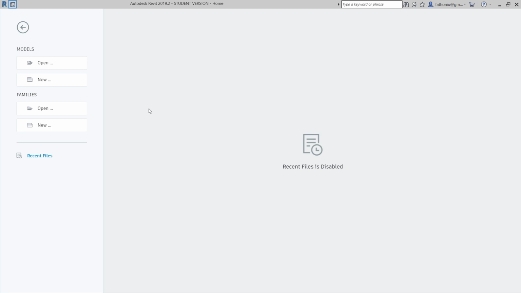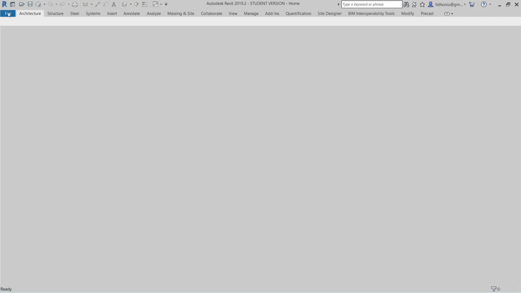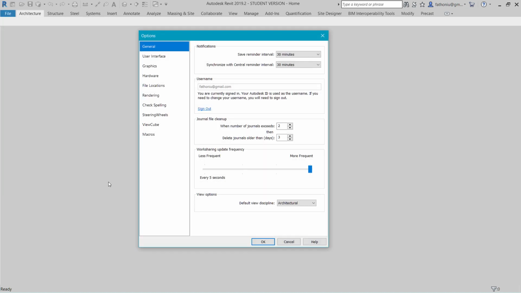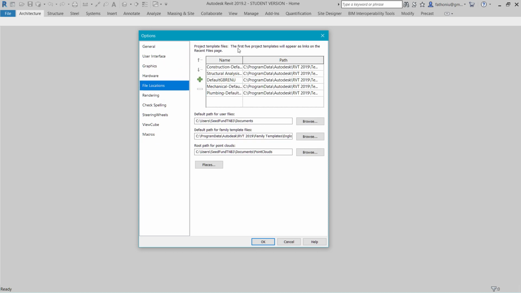Before we start our video tutorial, let me check the address of templates and library that we are going to use. So you go to this button and a menu bar will appear on your screen. Select File and then go to Option. Select file location, and then